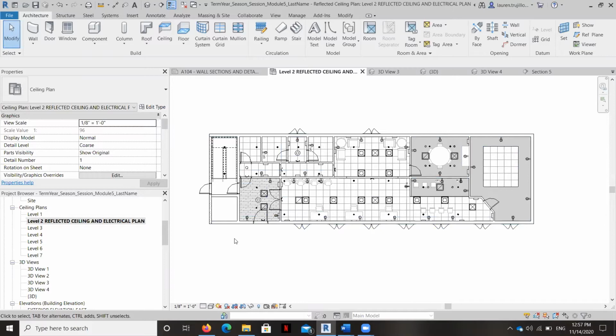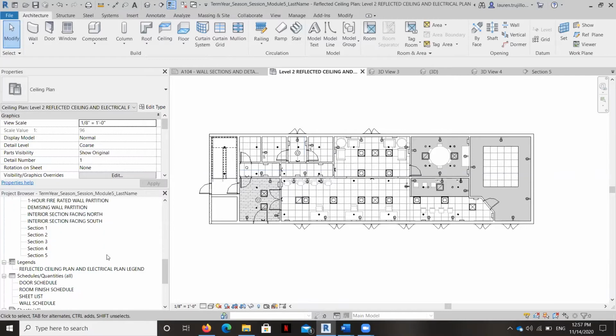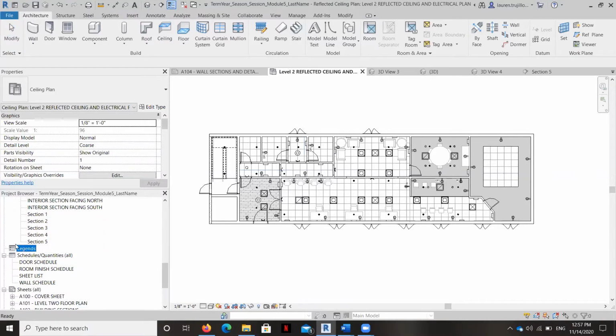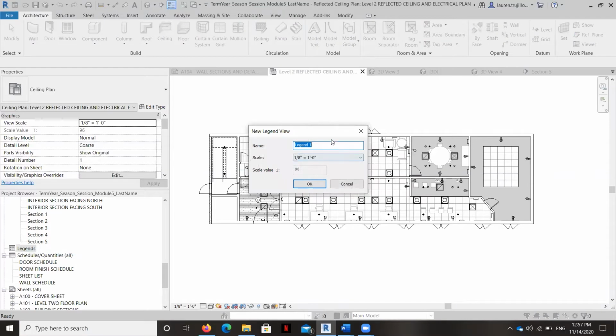Because again, anyone who looks at this plan is going to need to know what each of these symbols represents and any specific information on them. So in order to create a legend, all you have to do is go to this legend tab over here. And if you right click on it and hit new legend, you can create the name here.